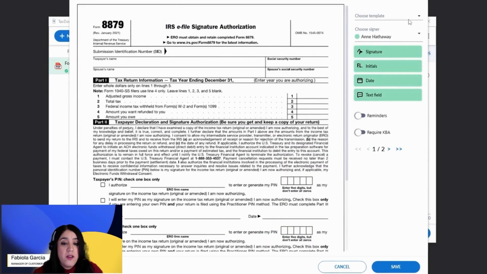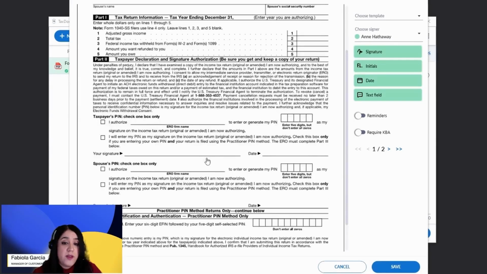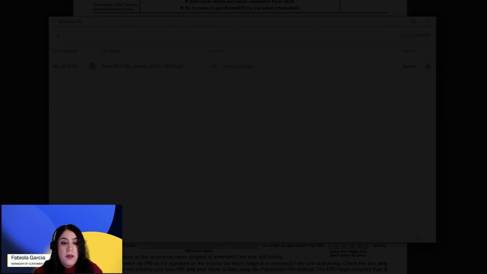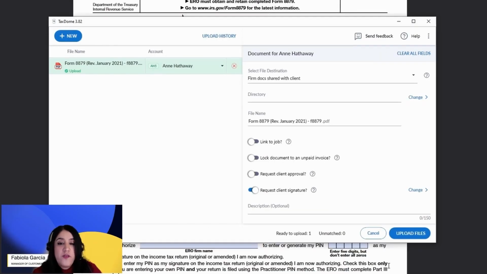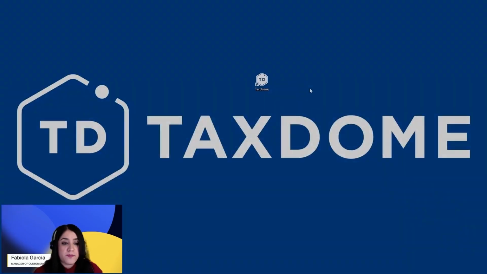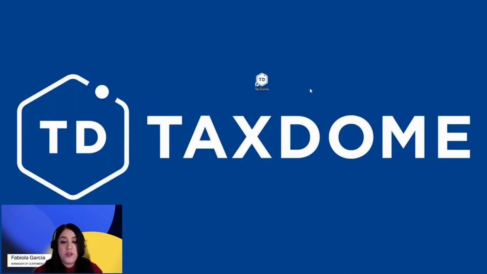Once you toggle that on, you'll have this screen in which you can just drag and drop the signature boxes of the signers. The signers will be available there, whether it's husband and wife, or you, the preparer, can throw your signature in the document as well. Really, really easy to do. It's similar to other softwares that have the same features, right? We're always adding new features to all of TaxDome, so this will be something that will be available to you